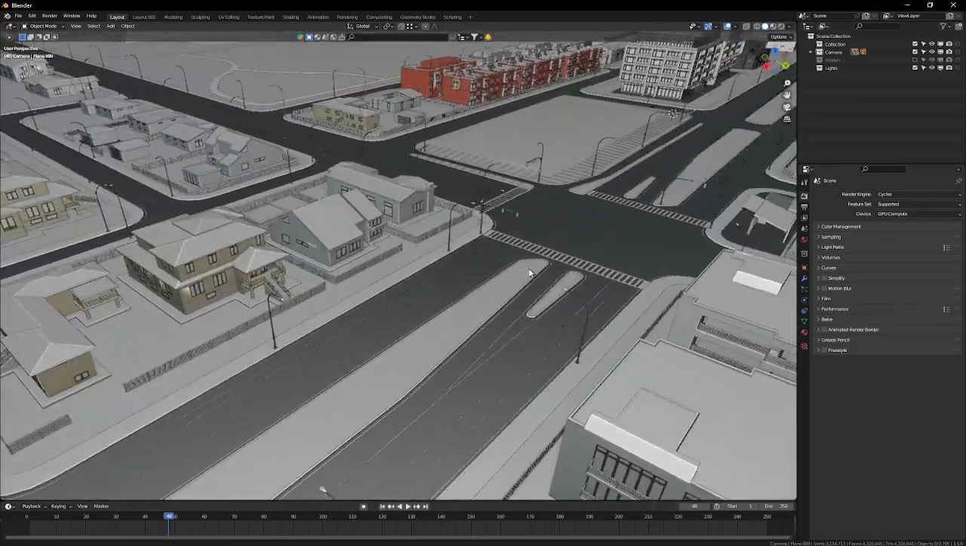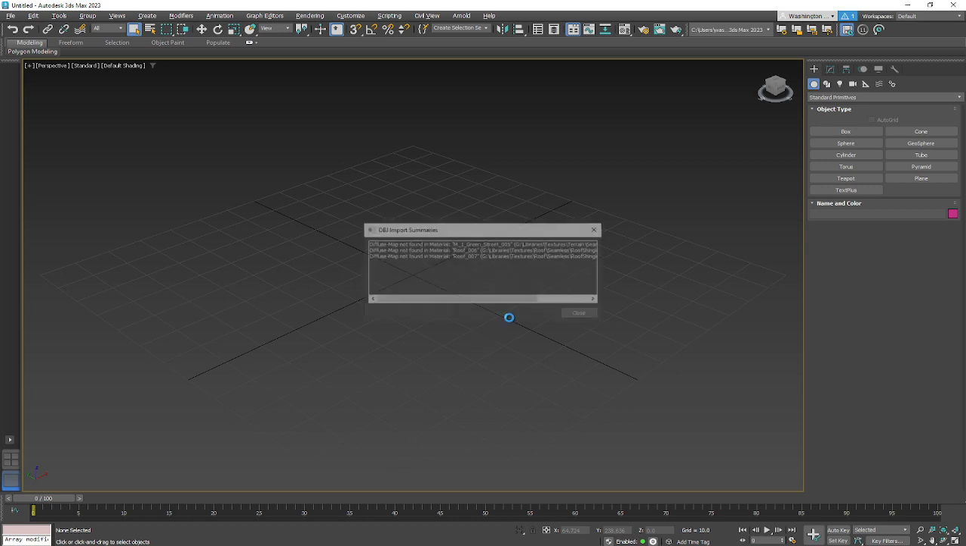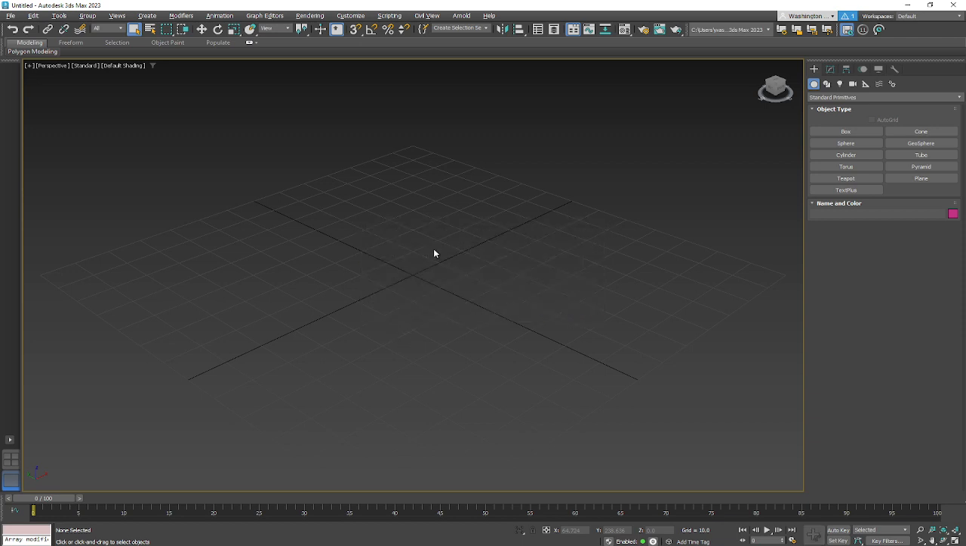So that's the file. Let's go Max. Max is still importing. A bit heavier probably to deal with that than Blender. Probably if it was FBX, 3ds Max would be importing faster than Blender, because FBX is an Autodesk format, so the compatibility with 3ds Max is much better probably. But we are importing like